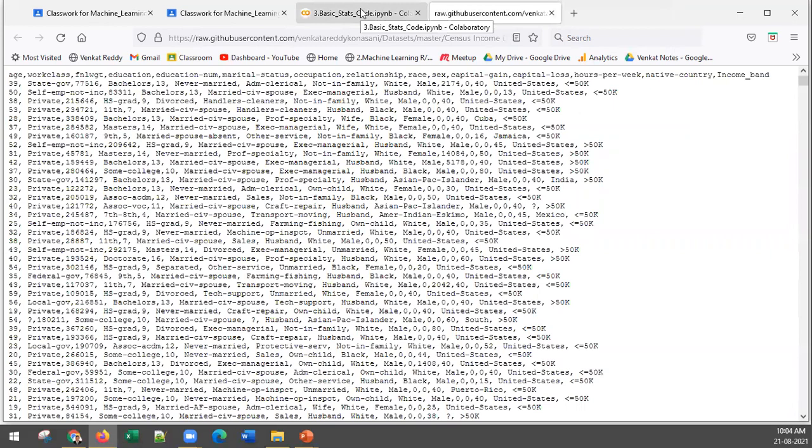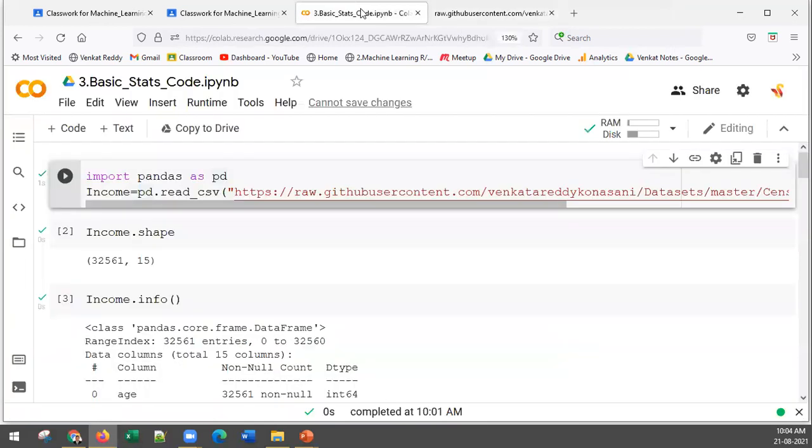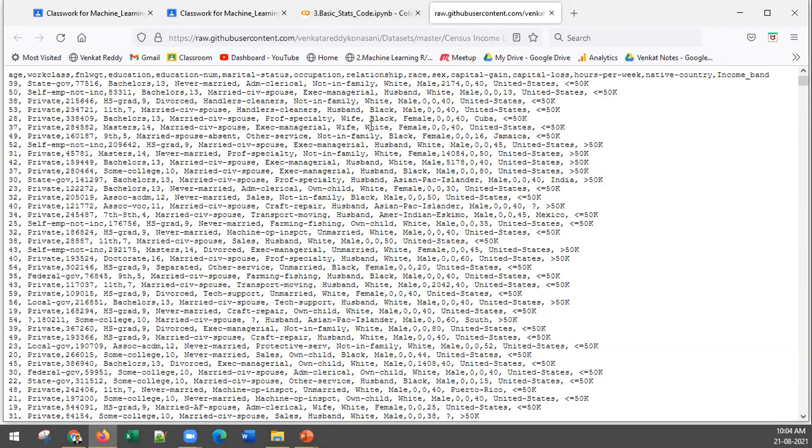Sir, how to convert that data set into CSV file? Converting into CSV file in the sense, this is already a CSV file. This data set is already a CSV file. That means when we extract from a database, it has been exported as a CSV file only. No, I mean how to download that file. Oh, you want to download it? Into your local system?